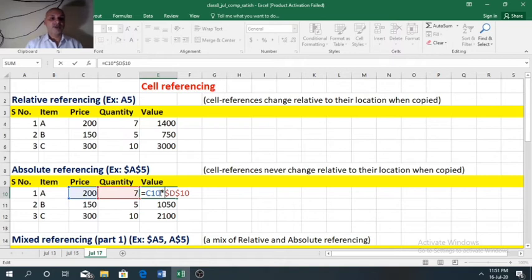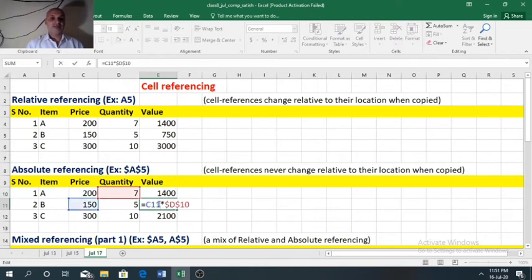So when we copy the formula to other cells, C10 will change according to row number. 10 will change to 11 and C will change to D, but D10 will not change. So C10 and D10, 200 multiplied with 7, we have got 1400 here.